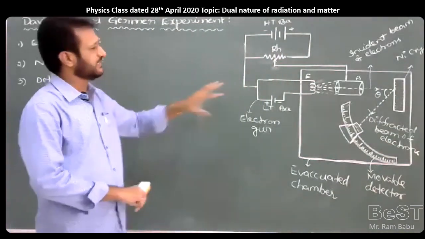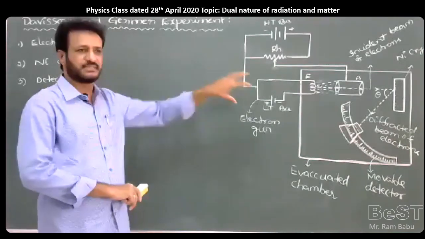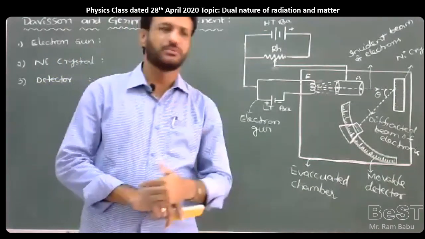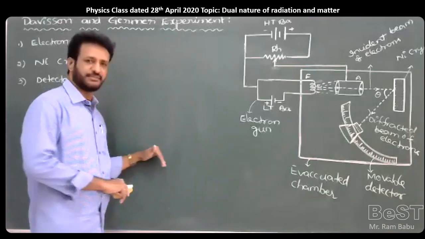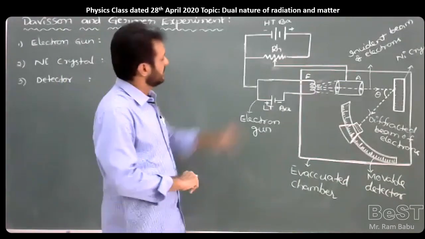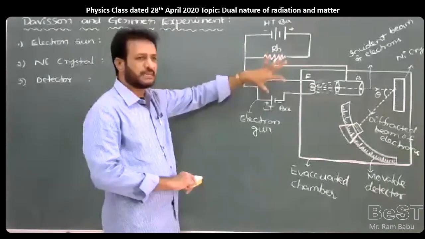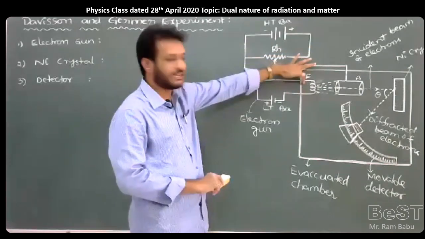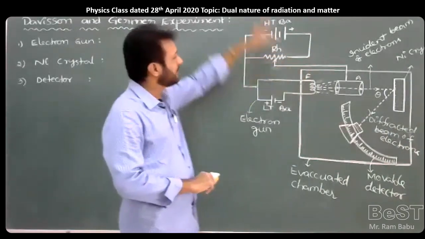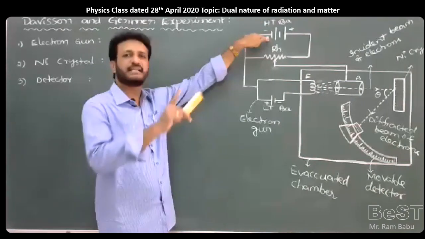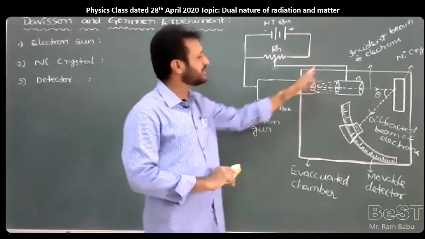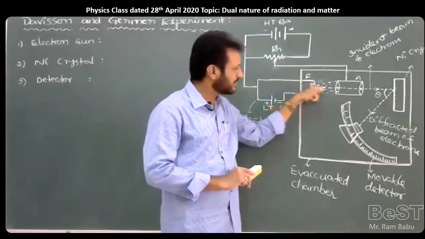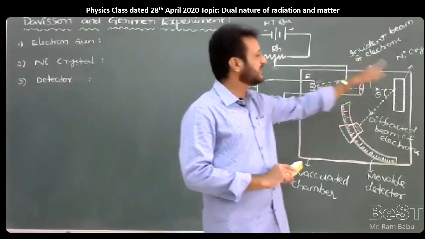So these are the important different parts of the apparatus of the Davisson and Germer experiment. Now, how can we confirm or prove the de Broglie relation and find the wavelength of the electron? Check here once again. Whenever the filament gets heated by supplying a potential difference using a low tension battery, the electron beam is emitted from the filament, and now we have to apply some accelerating potential by using a high tension battery. The electron beam is made to be incident on the anode, and since the anode contains a fine hole, a fine beam of electrons passes through the anode, and again they are incident on the nickel crystal.